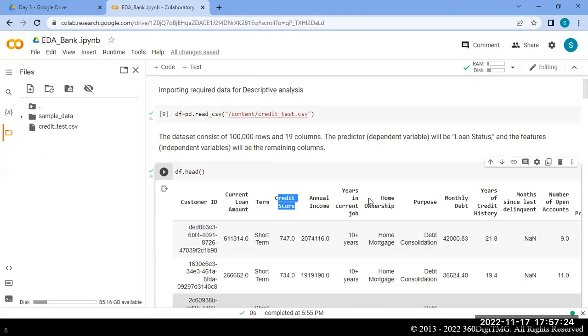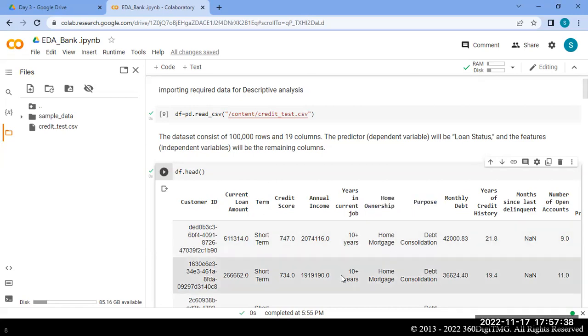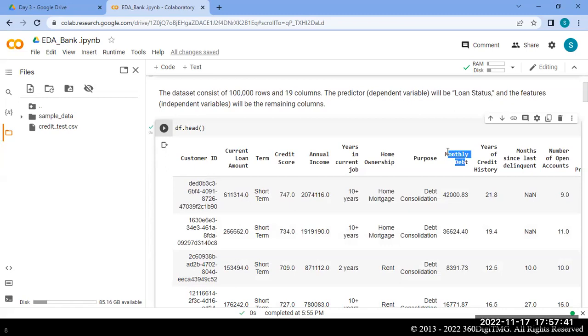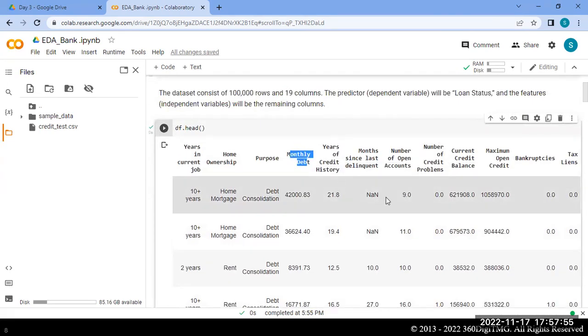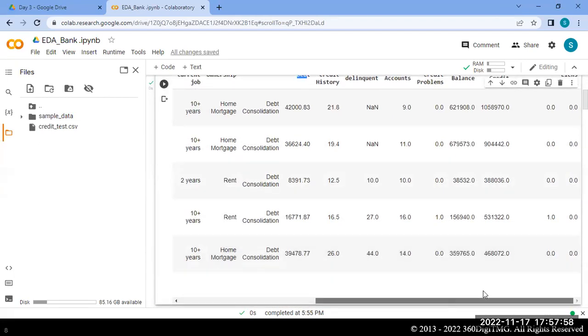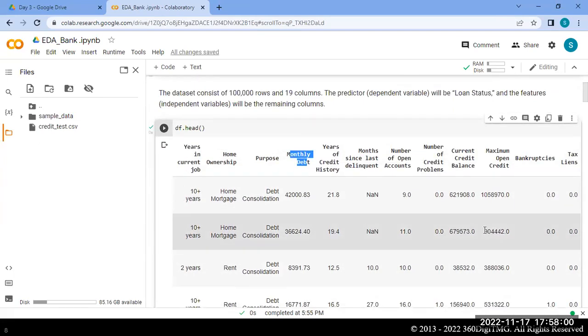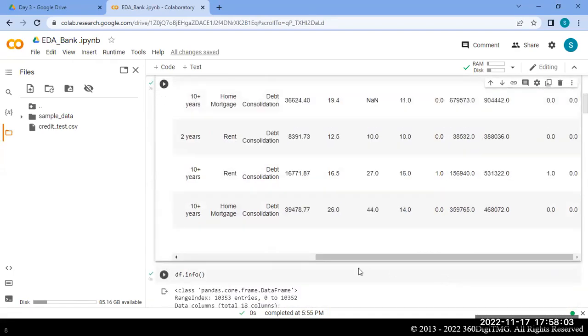Annual income, how much package you have. Years in current job, how long you have been working in this job. Home ownership, whether it is your own home or rented. Purpose, why we are taking that loan. Monthly debt, out of the salary you get, how much you pay toward debt from loans taken previously. Years of credit history. Months since last delinquent. So we have various features. You don't need to understand exactly what each feature is about; we'll be doing the visualizations and pre-processing.